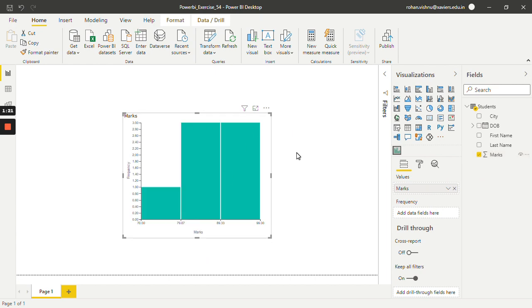As you guys can see, we have successfully created a histogram for the marks column, and it says that only one student has got marks between this range, which is 70 to 79. Three have got marks between this range, and three have got marks between 89 to 99. So in this way, one can make a